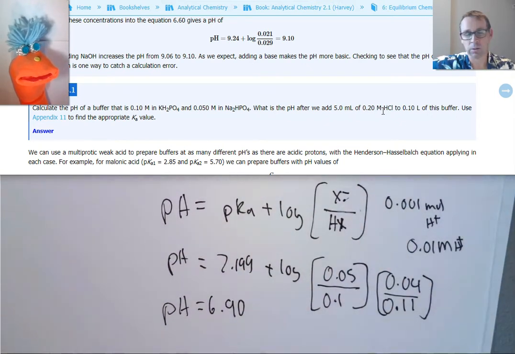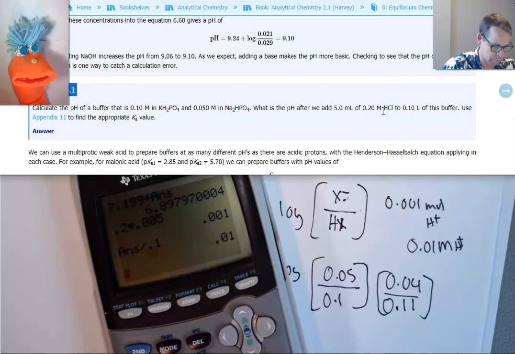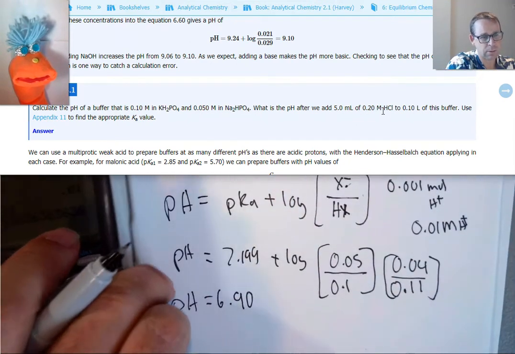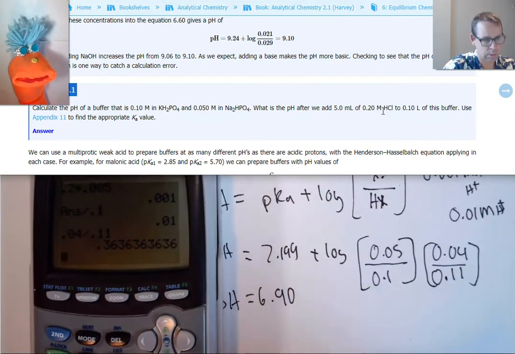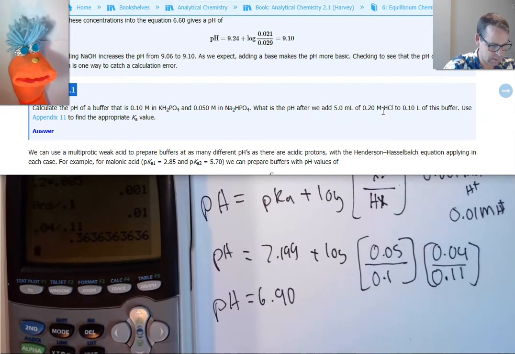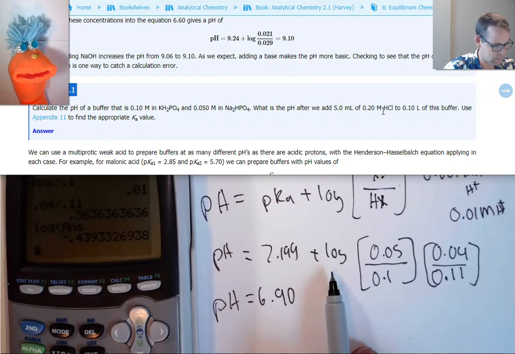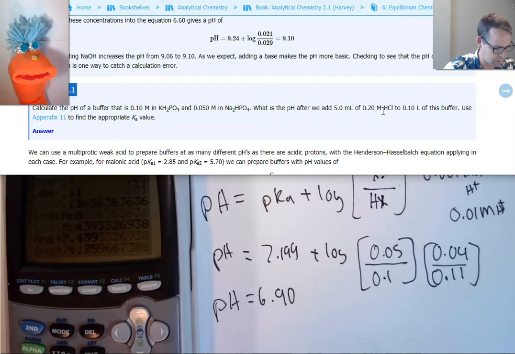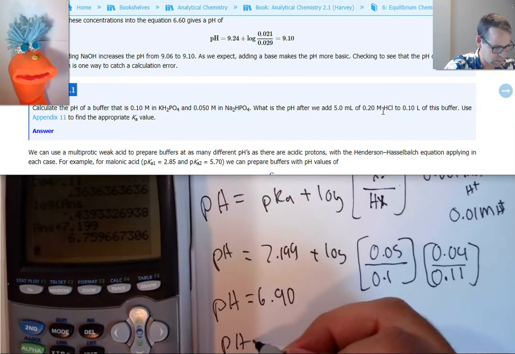A new ratio here, 0.04 divided by 0.11. That is 0.363. Now I take the log of that, right? I need to take the log of that and add it to my 7.199. So log of that value is negative 0.439, plus my 7.199. So now my pH is